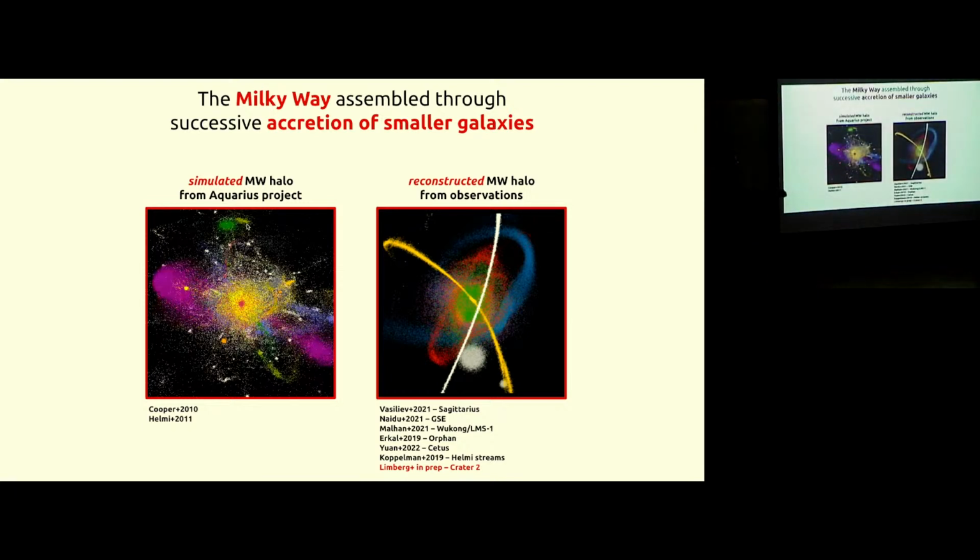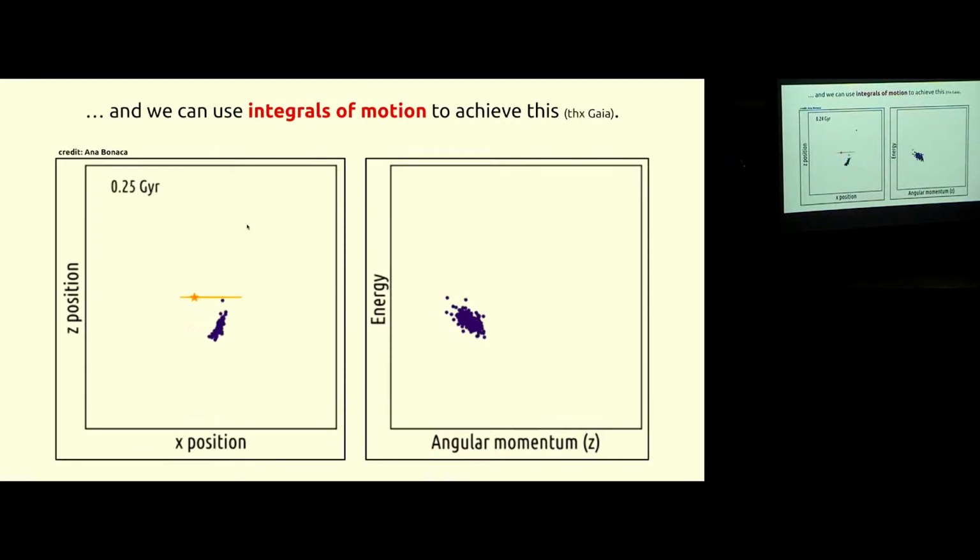So basically what we can do right now, thanks to Gaia and other spectroscopic surveys, is to really use this data to color code, just like in the simulation, the stars in the halo of our galaxy in order for us to really reconstruct the detailed accretion history of the Milky Way. And this is important not only from the perspective of the Milky Way, but also from the perspective of learning about galaxy evolution. And so, moving on, I just wanted to show how this really works.